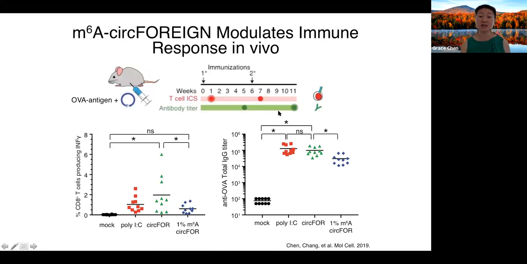And then because we had known about this m6A mark, we wanted to know, could we use this RNA modification as a way to tune the immunogenicity of the CircFOREIGN? And indeed, that is what we saw. So this in vivo response in terms of T cells and antibodies was also similar to what we saw inside cells, as well as the in vitro gel and EM grid assay. So this suggests that we now have a handle of a chemical substituent that we can add in different proportions to the CircFOREIGN to then modulate the level of immune response that it's getting.